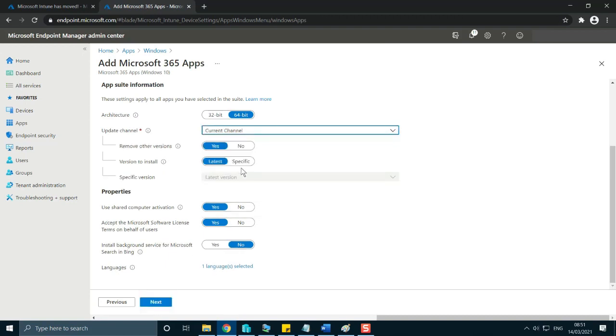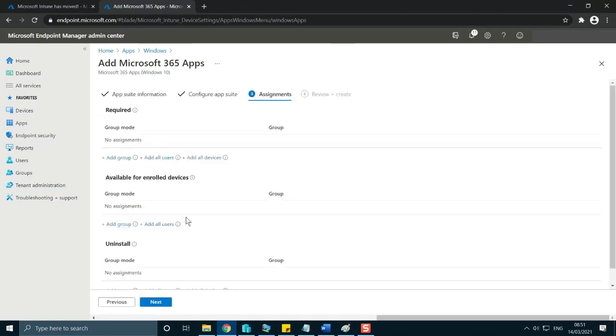I'm using the current channel really, but you can change it. You can click on it and find out how often you want to get these updates for the app. Yeah, 15 days, 1 month. So I'm just simply choosing current channel. Click on next. Assignment, we want to select a group,